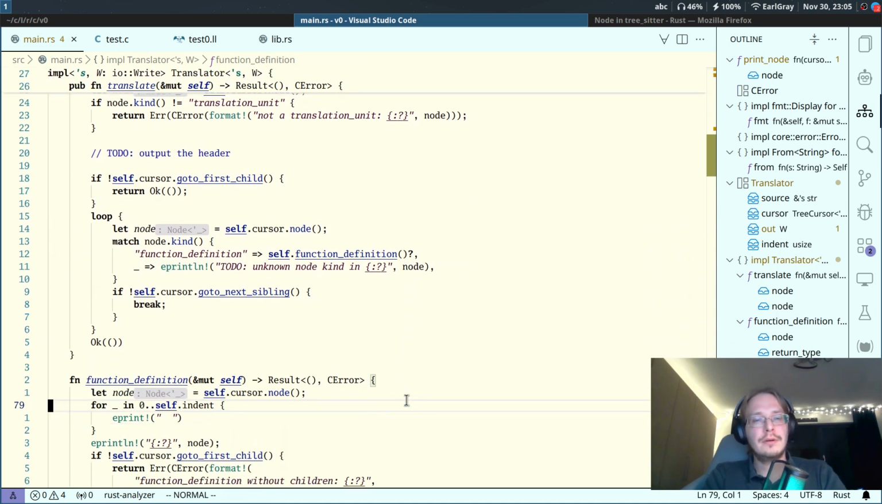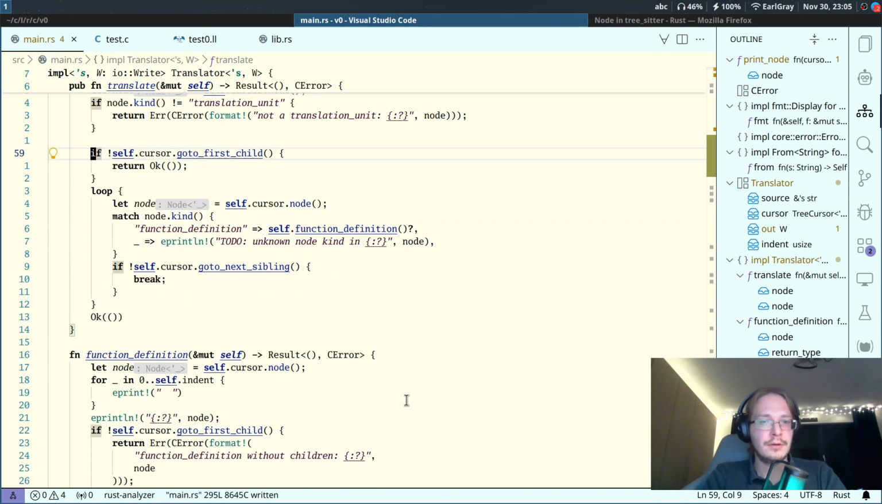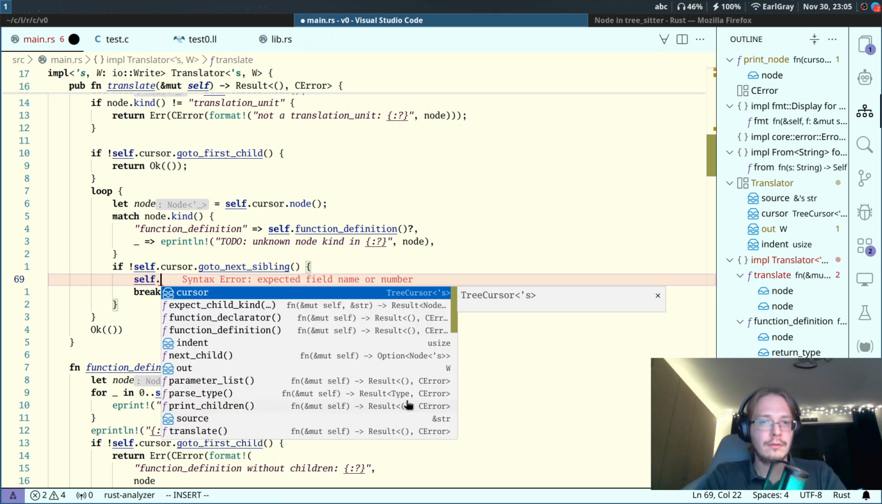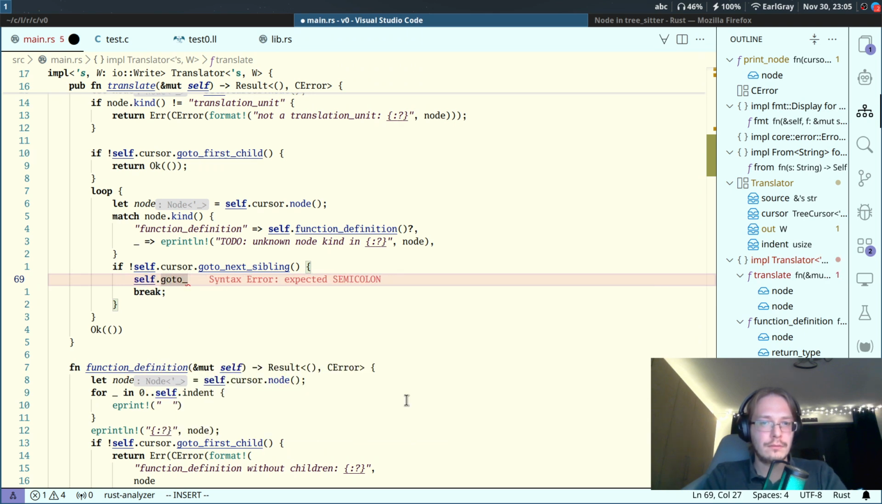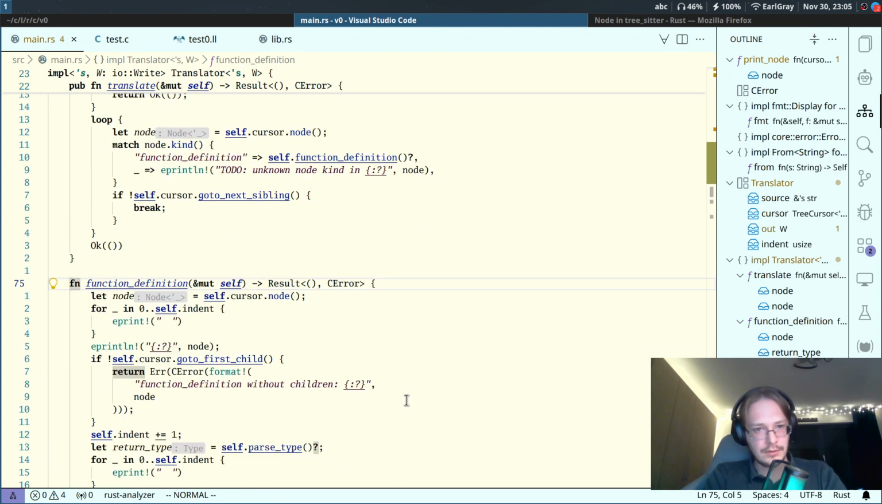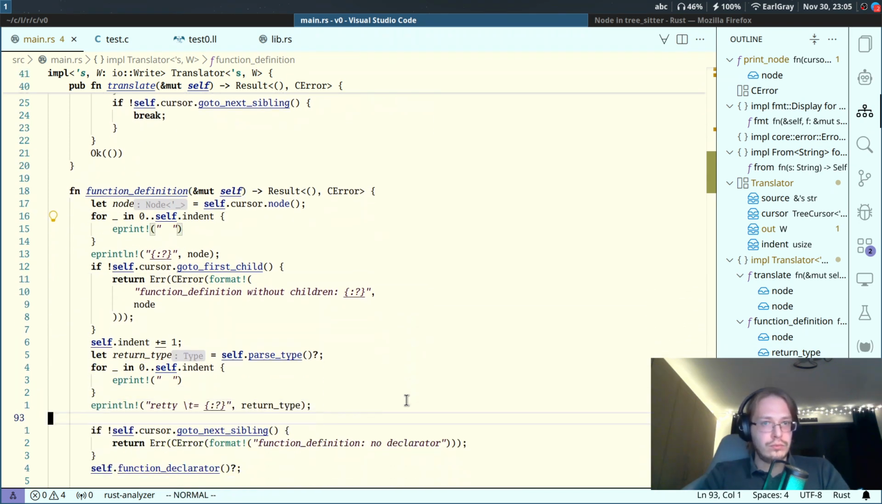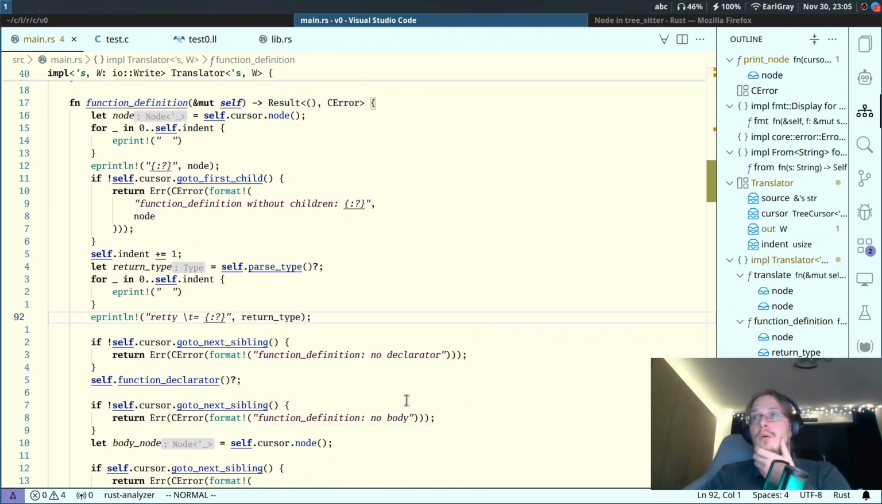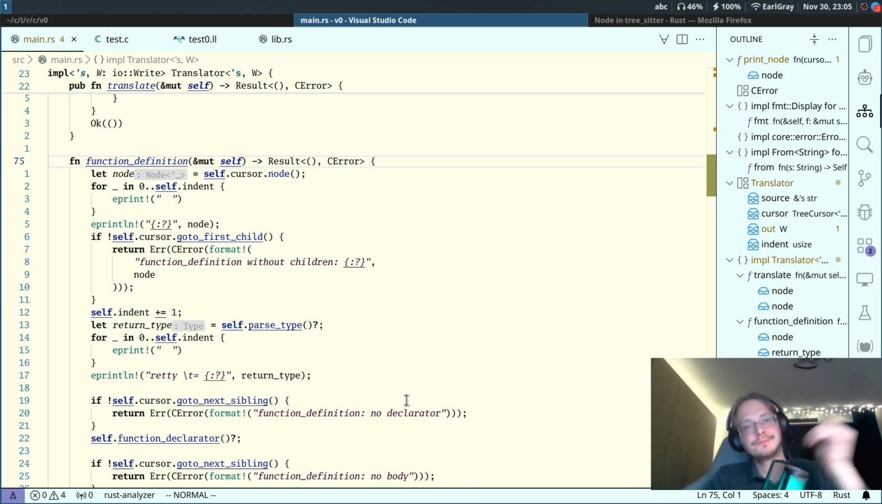Output the header. This is not needed anymore. And okay, that's fine. I don't need this function definition. Ooh. Wow. So